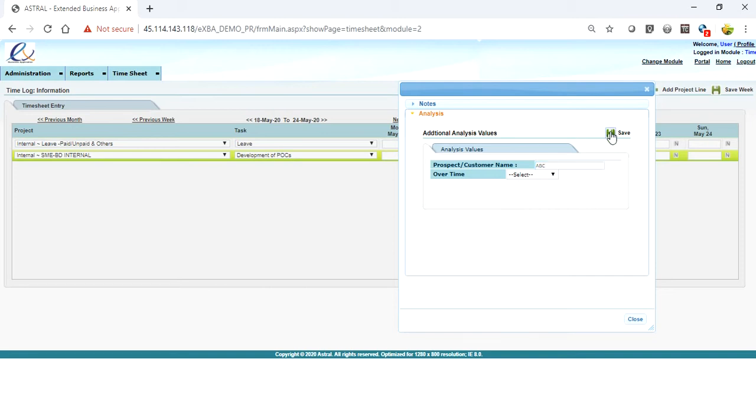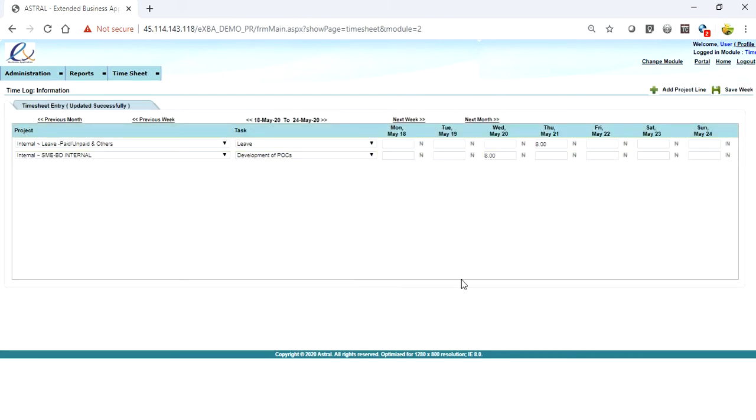I will click on save, close this entry, and click on save week. So these two entries have been saved. For every entry, for example when you have applied for a leave, these leave entries are important and need to be approved frequently. So the system will send an email immediately when you apply for a leave. For other tasks and other project related emails, you can schedule them according to your requirement.